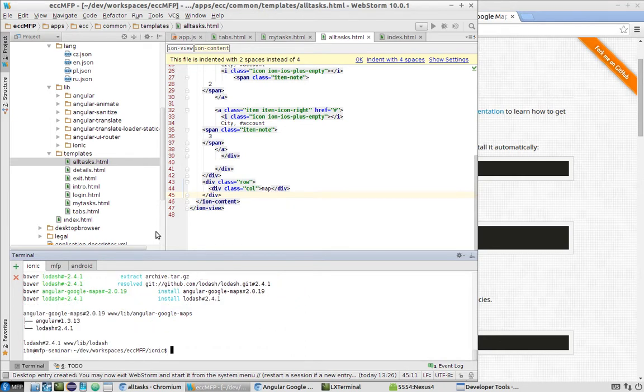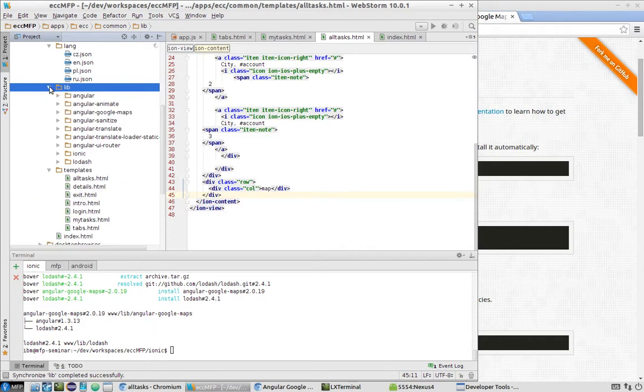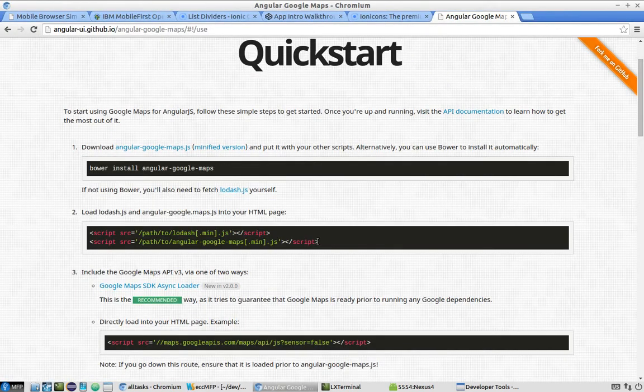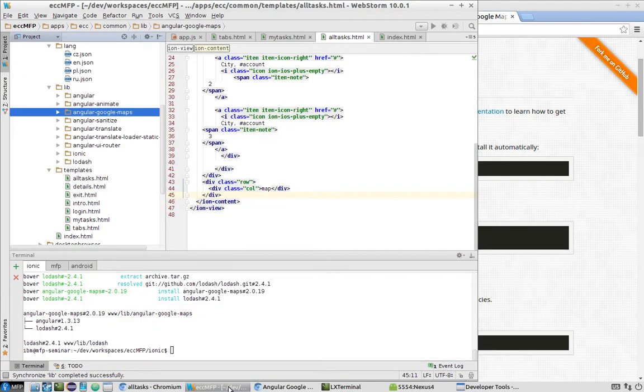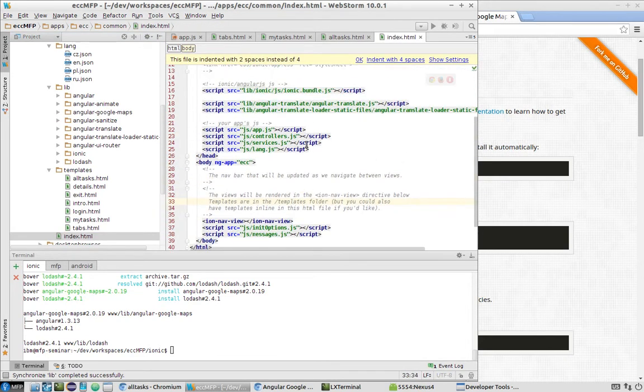So basically it is completed. We should be able to see it under lib. So let's do a sync. Yep, so now we see Angular Google Maps here together with alltask, and basically the next step for us is to load those two in our index.html file. So let's do it by opening the index.html and actually loading them. We'll load them right after our other